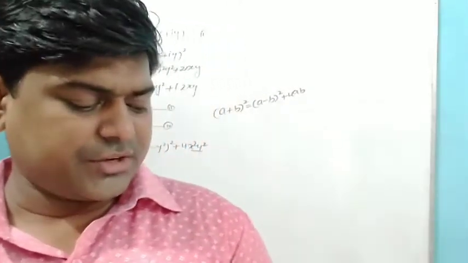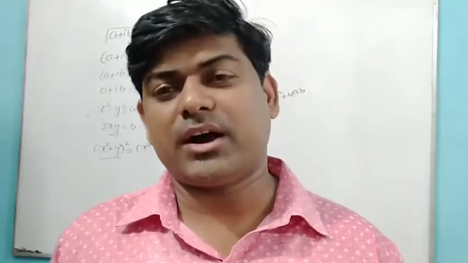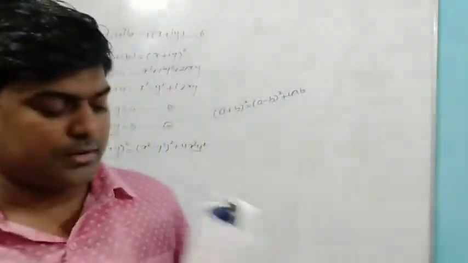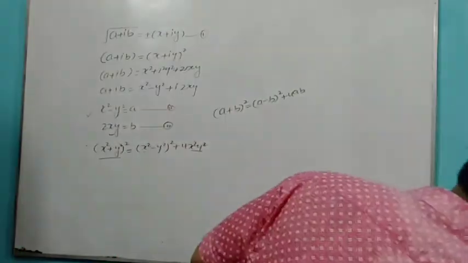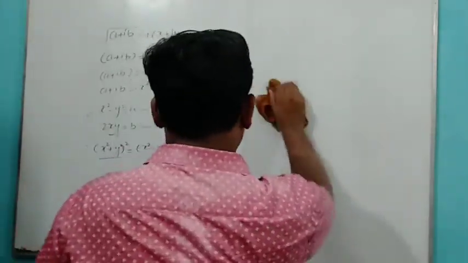Now you can see that question number 2 is there, where in some parts the coefficient of i is negative, and in some parts the coefficient of i is positive. That coefficient of i being negative or positive will play an important role, because if it is positive then we will apply one thing, and if it is negative we will apply another thing. I will do both. I can say one question for the positive one and one question for the negative. So here you can see